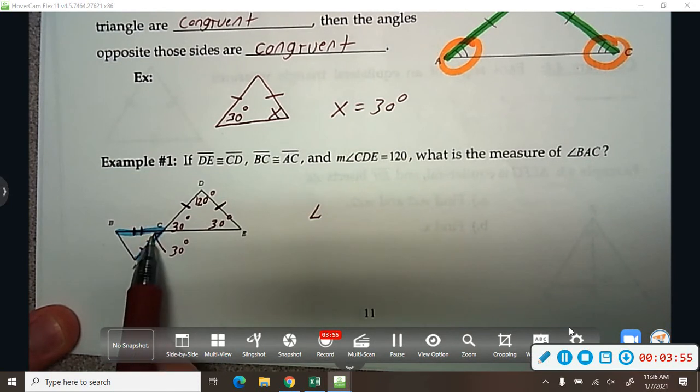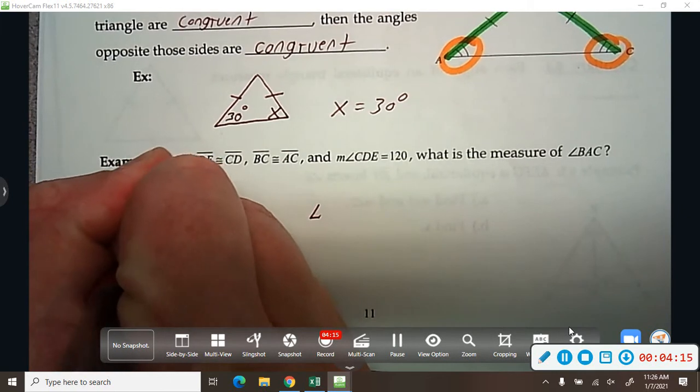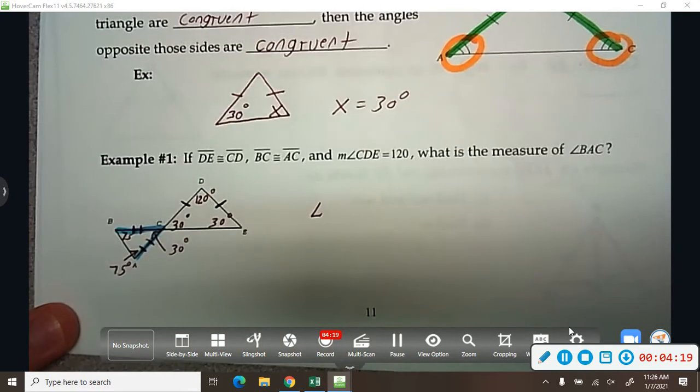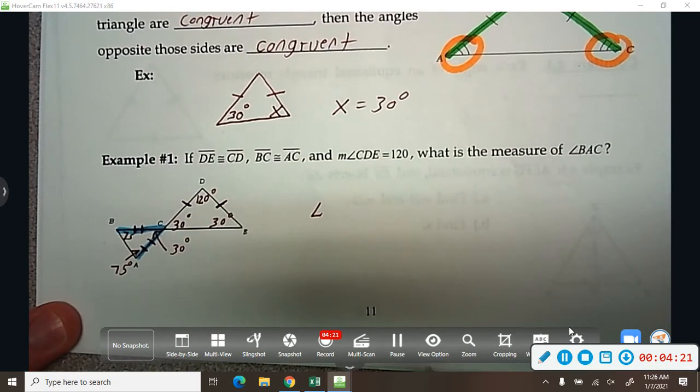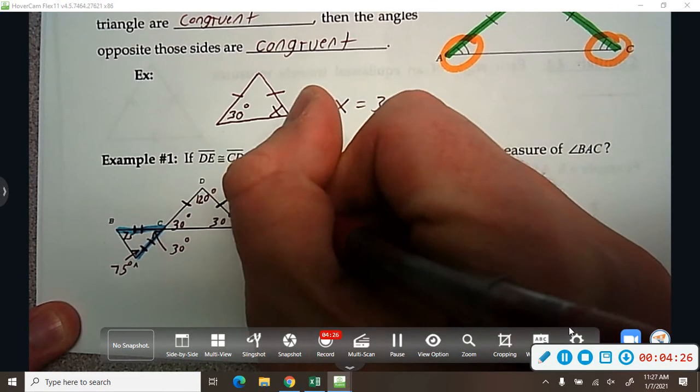And then if that's 30, that would be the vertex angle. So that means these two are the same, because it's the angle opposite the side. So if that's 30, that leaves 150 left over. And if I divide it between the two to make them the same, that'd be 75. So this would be 75, and that'd be 75. So they said, what's the measure of angle BAC? The measure of angle BAC